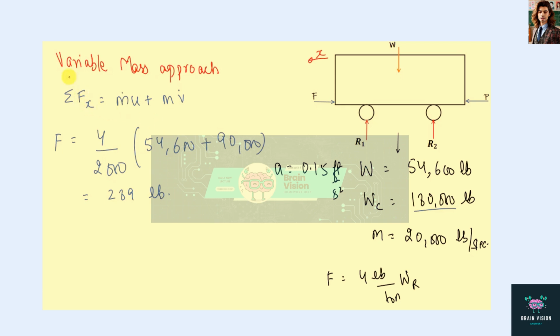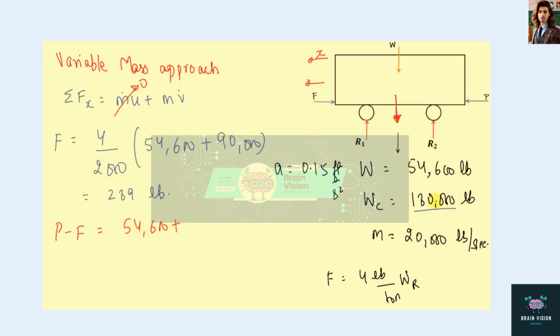Now in x direction we have two forces, so we can write that sigma Fx will be equal to P minus F equals to m dot u. Here u is the relative velocity of the coal with respect to the car in the x direction, and there is no relative velocity in the x direction because the coal is dumped in this direction, so this u would be 0, so this whole term would be 0, and this mass is the remaining mass, so it would be